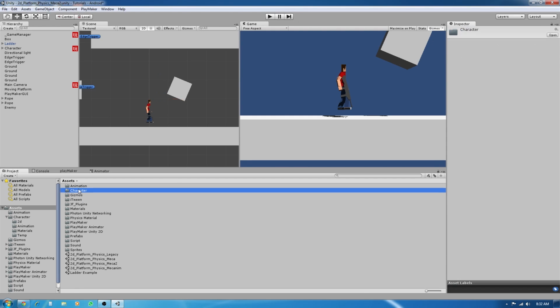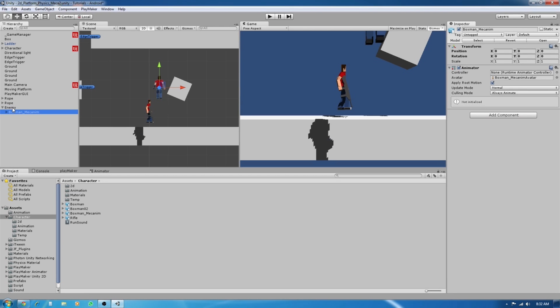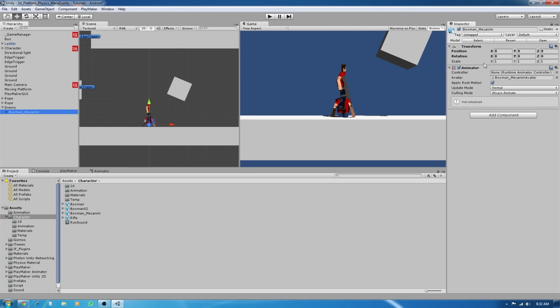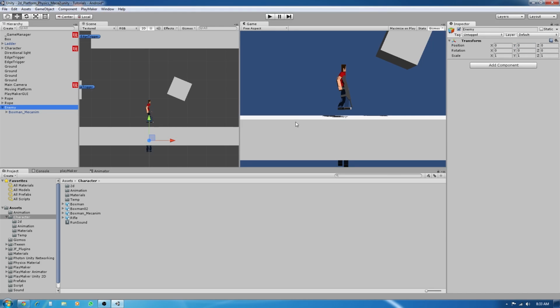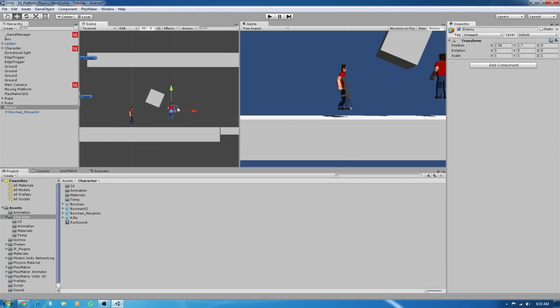And then under my character folder, I have this Boxman mechanism FBX file. I'm going to drag this as a child of our new empty game object enemy. And then I'm going to reset the value of the enemy for the transformation. And then I'm going also to move our character, the Boxman mechanism, to minus 0.85. Okay, and then let's move our enemy here. So I'm going to put the enemy over here,